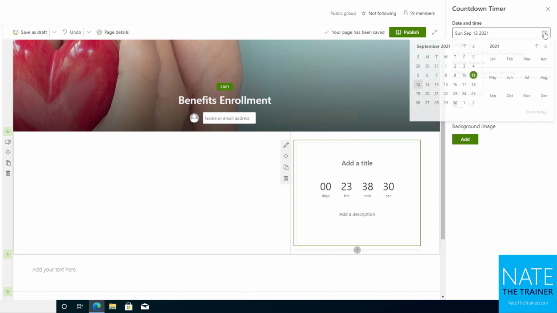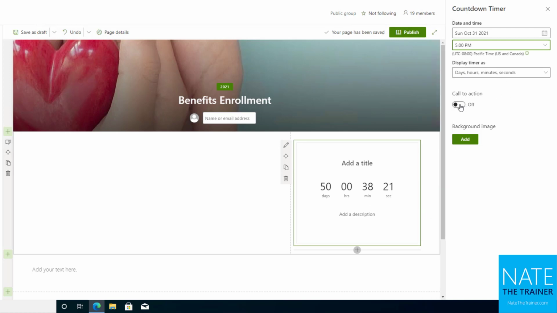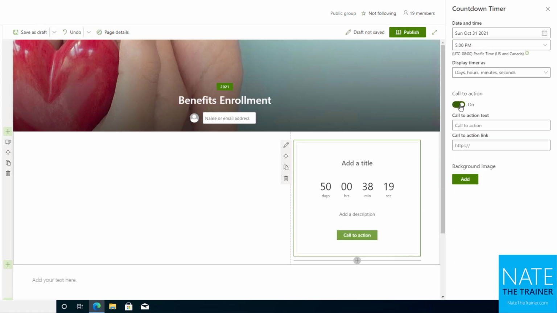And then now I just need to put in the enrollment deadline. So let's say it's the end of October. There we go, and we'll say at 5 p.m. Right, and then if I want to add a call to action, I can. So I can just turn that on, and I'll say enroll now is my call to action. And the link, just for this demo, I'll put